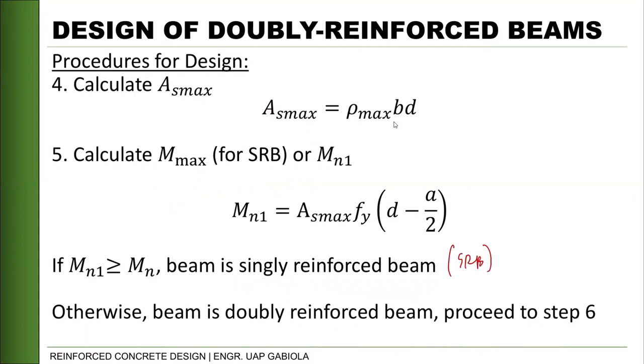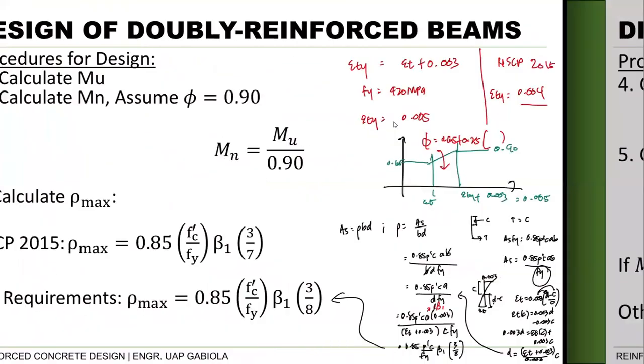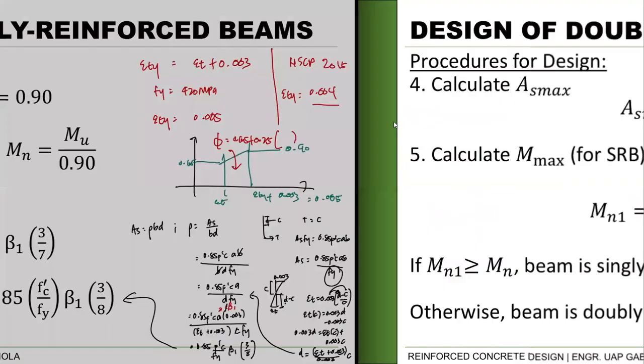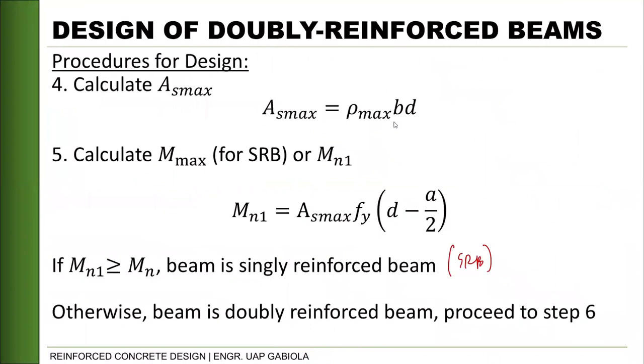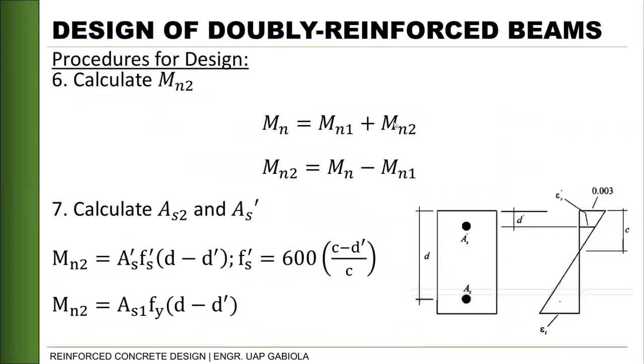Otherwise, if kulang yung moment natin with regards to our nominal moment, yung Mn natin galing yan dito sa step 2 natin. So kung ganun yung case, the beam is designed as a doubly reinforced beam. Okay? So DRB siya, ibig sabihin. And then we will proceed to the next step. Okay? So once na na-prove natin na doubly reinforced siya, yung na-calculate natin Mn1, gagamitin natin to calculate for our